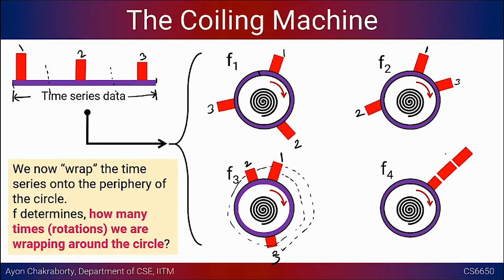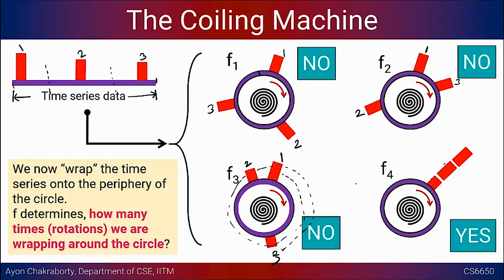And how do we quantify this stacking up of the different values here? What is the difference between these cases? You have 1, 2, and 3, whereas in the case of F4 you can already see that they are all nicely stacked up, and I can feel that F4 is a frequency component that would be present here.